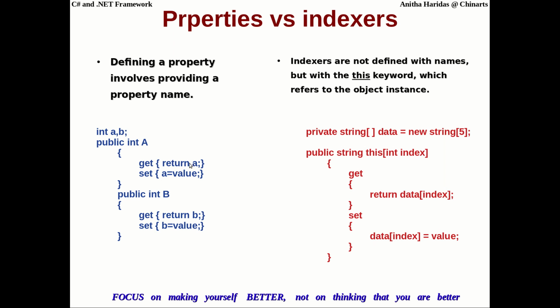But here you will be returning a single value, but single element using the name of that particular variable. But here you use the name along with the index which is passed as an argument in the this keyword. And again for setting also, to whichever element you want to assign value, you have to pass that index that is taken from the this reference.